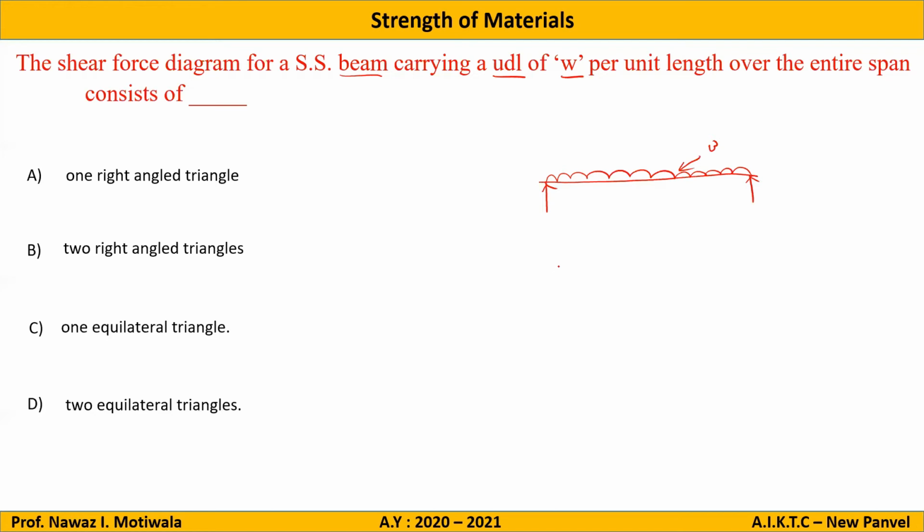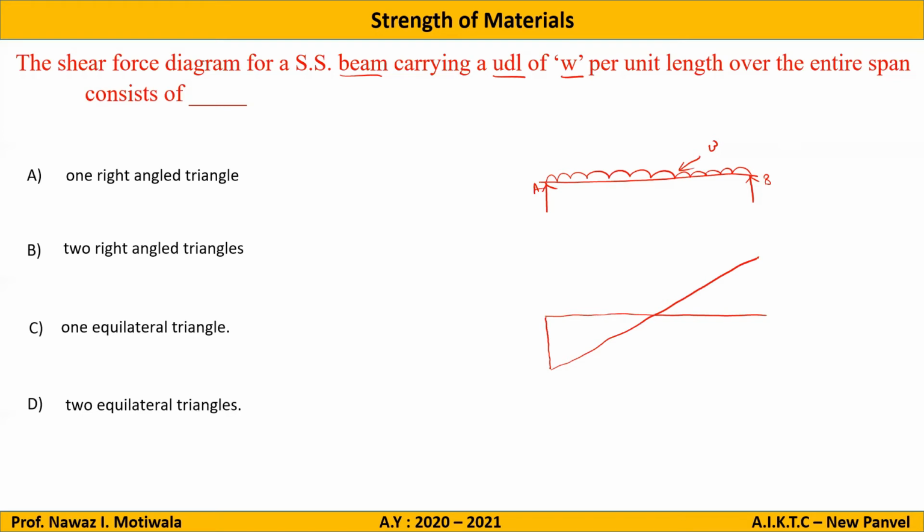Okay, I want to find out the nature of SFD. So it's very simple. We know the characteristics. There is a point load here. So if there is a point load, there will be a vertical line. So it will be a vertical line shown here. Then between points A and B, there is a UDL acting. So if there is a UDL, that will be shown by an inclined line in SFD. So there is an inclined line here.